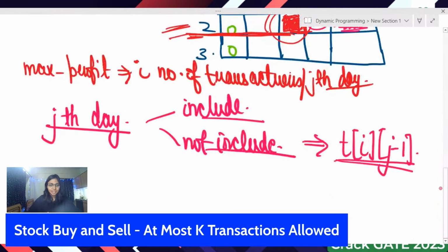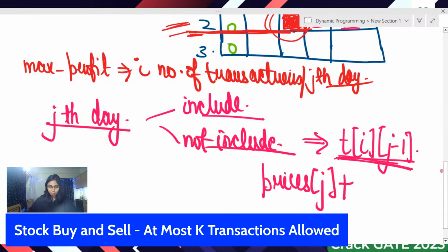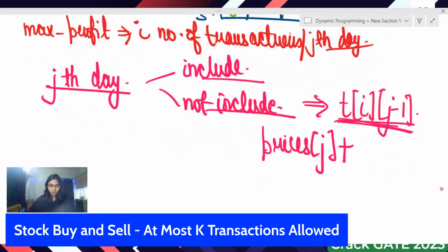Okay, because this day has not been included. So in that case, what you will be getting is the value T of I and J minus 1, right? And now let us suppose that you have included this transaction. So if you have included it, then whatever value you get, you simply need to add the value that is there,